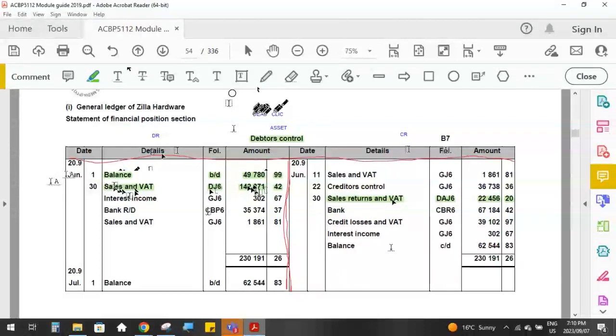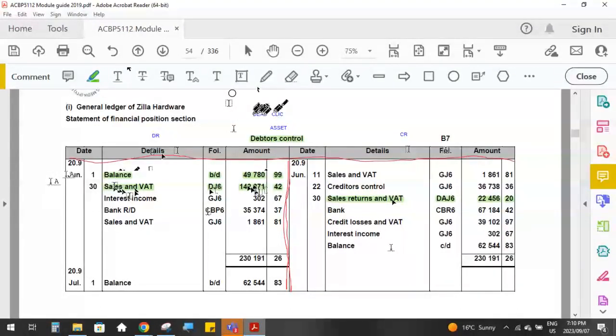Then go down to your cash book receipts, which is our next journal that we're going to be posting to our general ledger. So in our cash book receipts, we've got a debtors control column, and that contains all of the amounts that we received from our debtors who paid us during the month. So the total of the debtors control column,